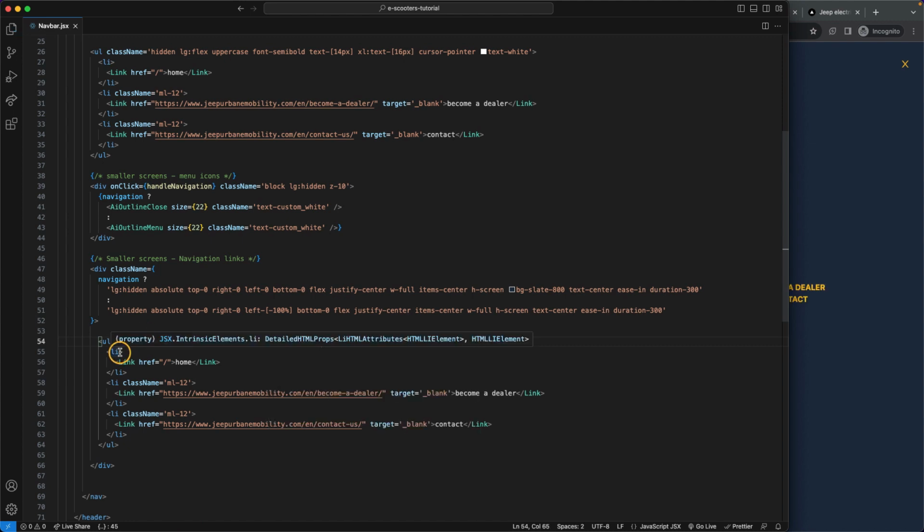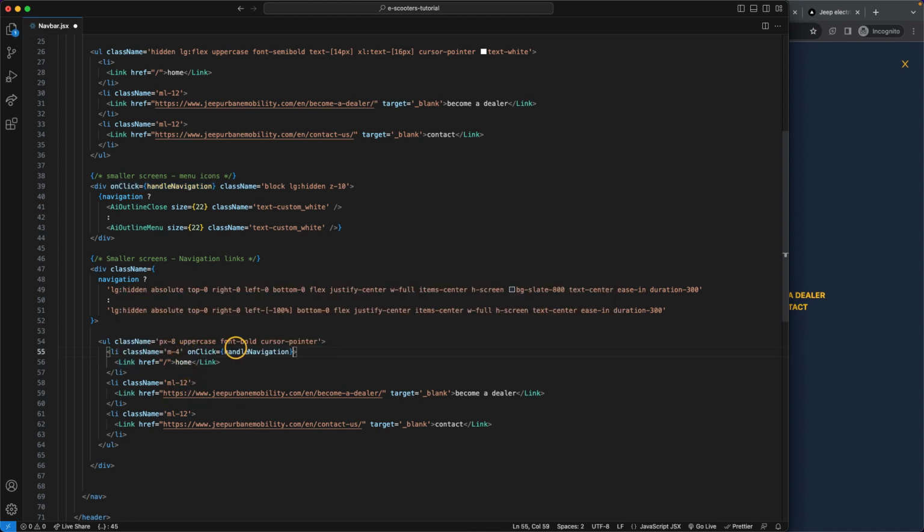Cool. My first li, I need to give it a class name, and it's going to be margin 4 to all sides, and on click I want to